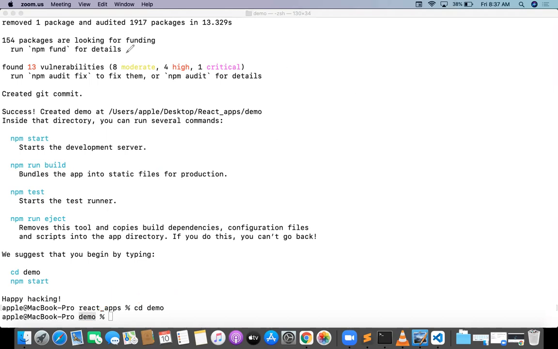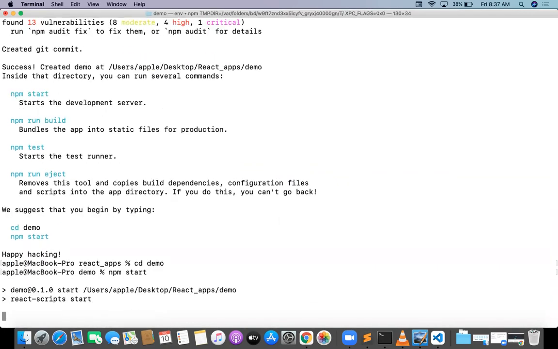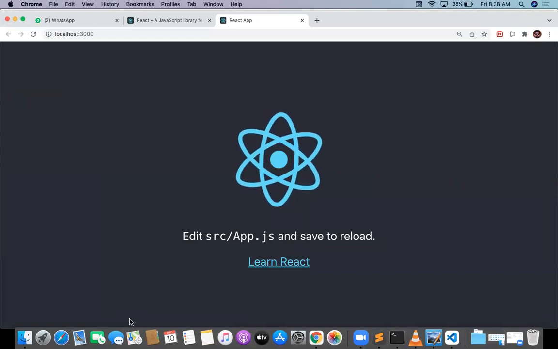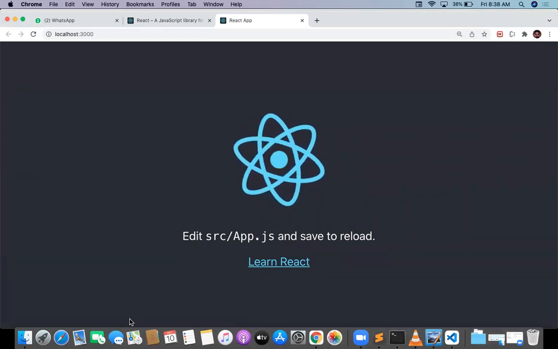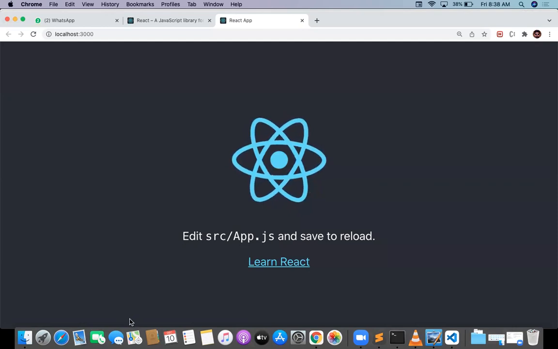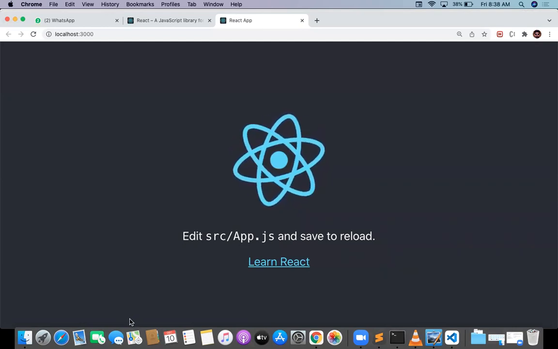And after that, there is one more command called npm start. It is going to be starting the node server. When I do npm start, the project is going to be running its server, and you can see the execution and the output on top of the browser, in your local default browser. The project got created, the project is going to be rendering, and the React chakra is moving.